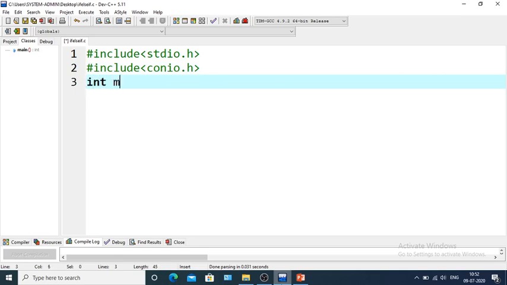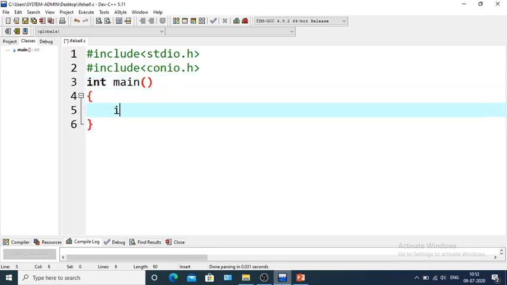Then we will take the main function, int main. After that we will take the variable, that is int number. We will take another variable to store the remainder, so this is the remainder.